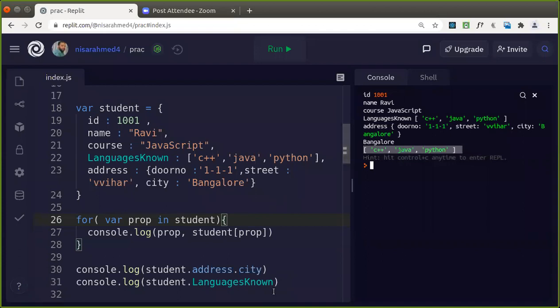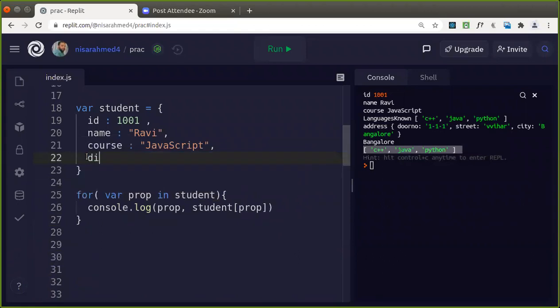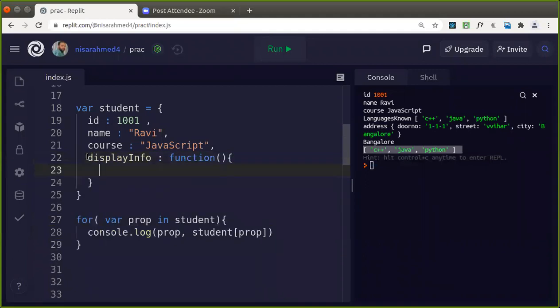One more thing I want to simplify. I don't want to make more things complicated for you. You can even have a function also here. How do you have a function here? Suppose in an object, display info is there. I want to just create a function here. You can have a callback function also or a simple function. Yeah, with parameters. You can even take the parameters. I want to just display that one, console.log. I want to refer to this object, this dot id. So how do you call that one actually? You can see here.